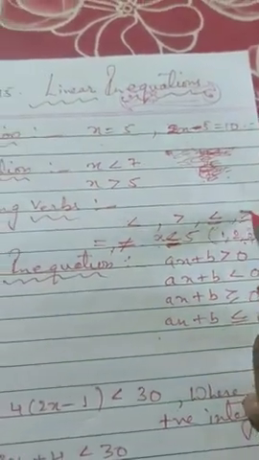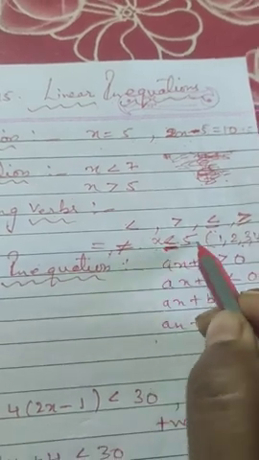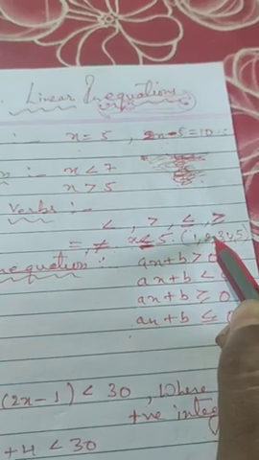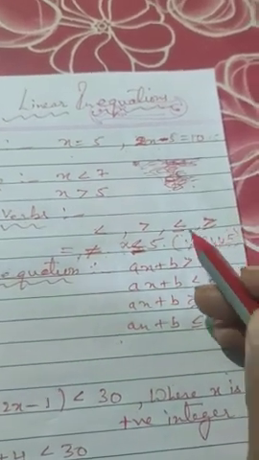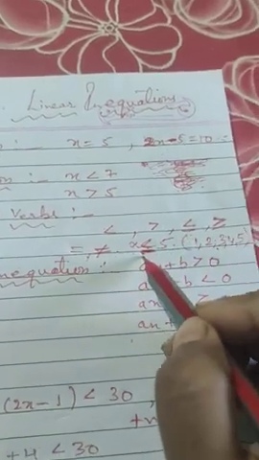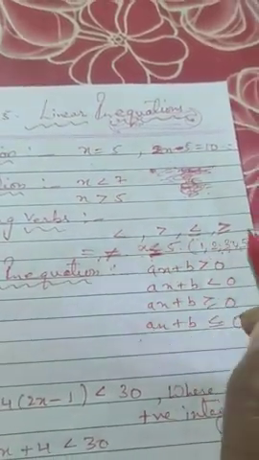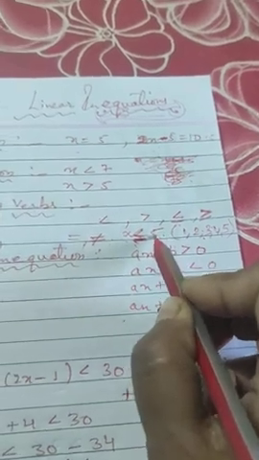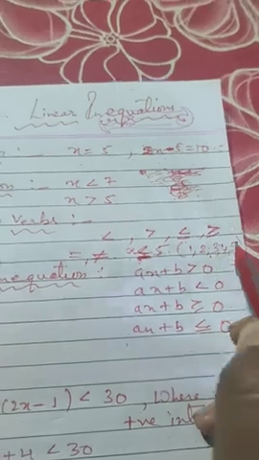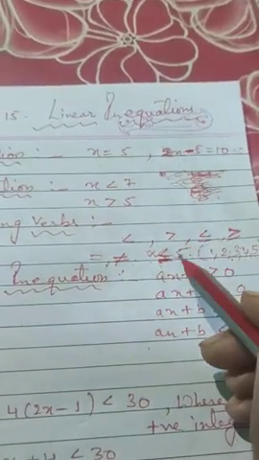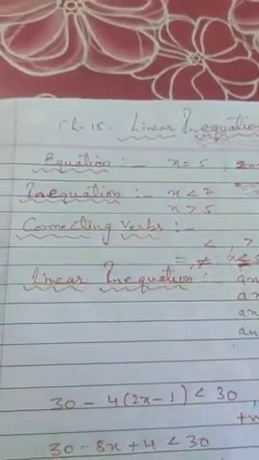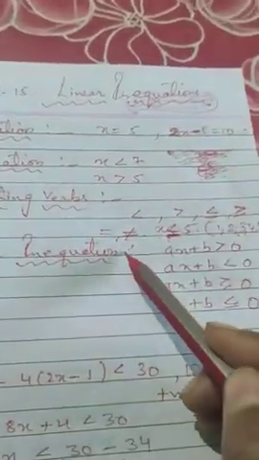Like that, same for greater than and equal to. Suppose x greater than equal to 6. So greater than equal to 6 means greater than 6 you can take 7, 8, 9. Okay, but you have to include 6 also, because equal sign means you have to include the same number also. Clear? This is less than equal to including 5. And if you take greater than equal to 5, then you will have to include 5 also. Clear?